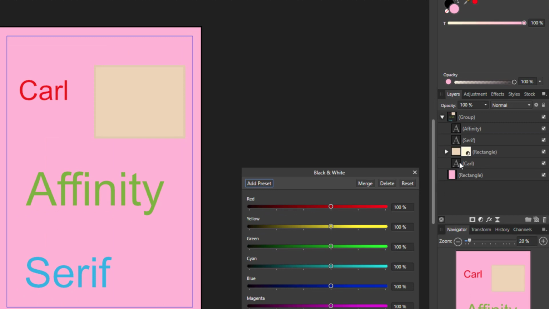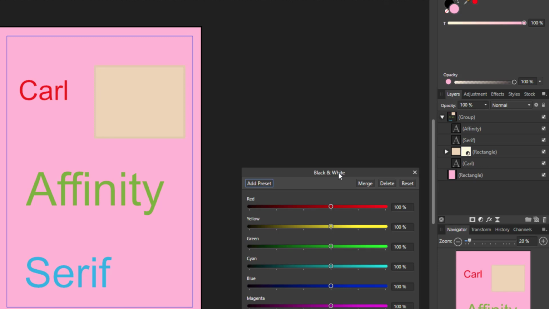When I let go now, it will make a mini group of just that layer within the group. So that adjustment is now only working on the rectangle, even though it's within the group and